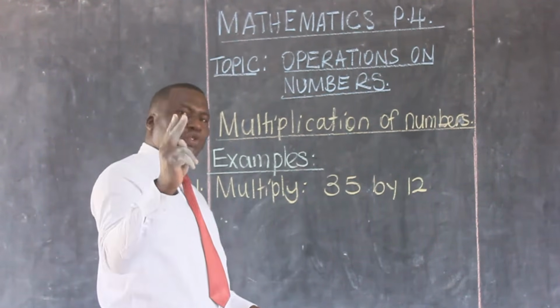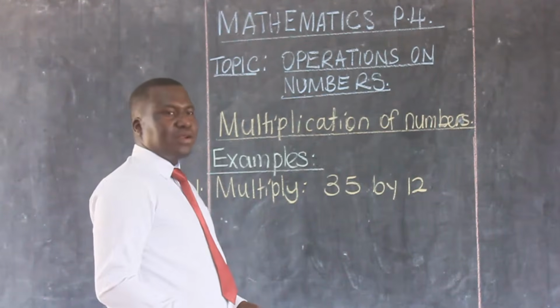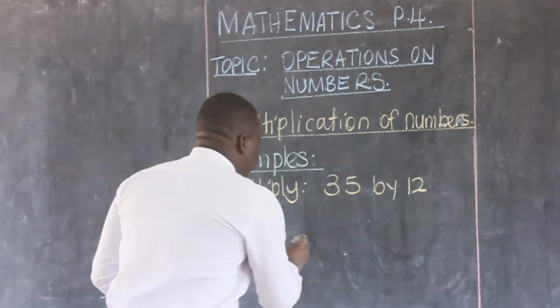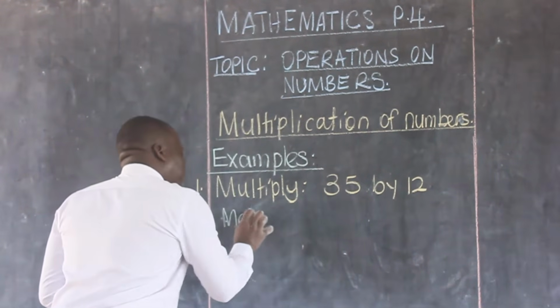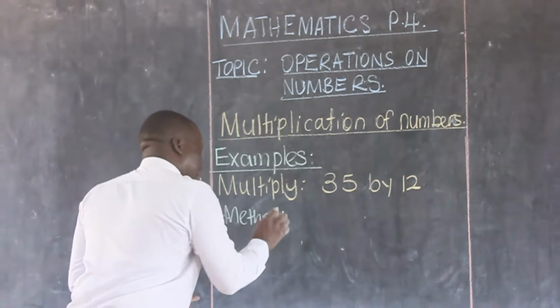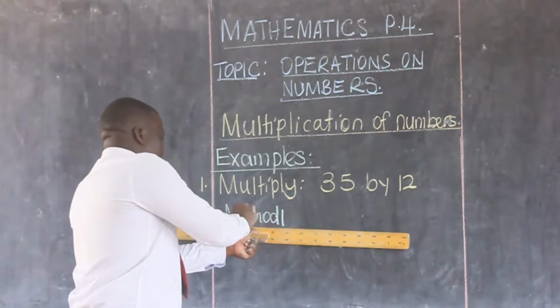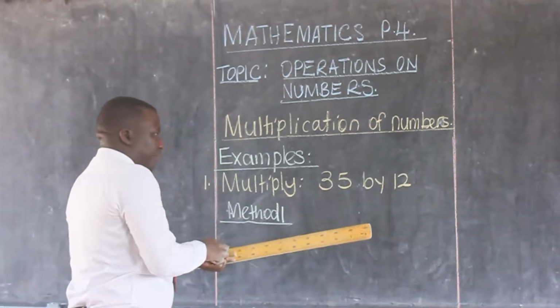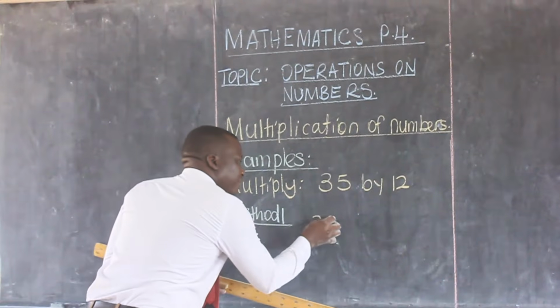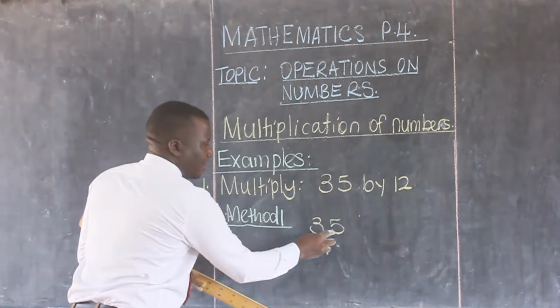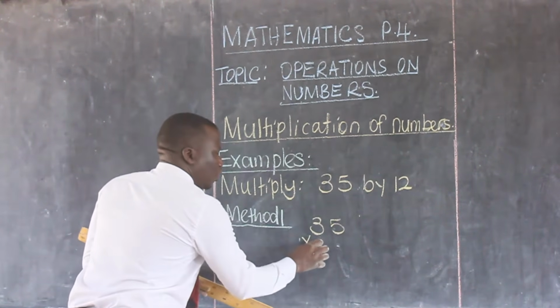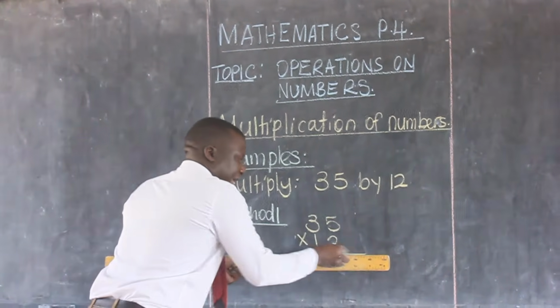I want to give you two methods, simple ones. The first method, method 1. We shall have 35 times 12. Underline